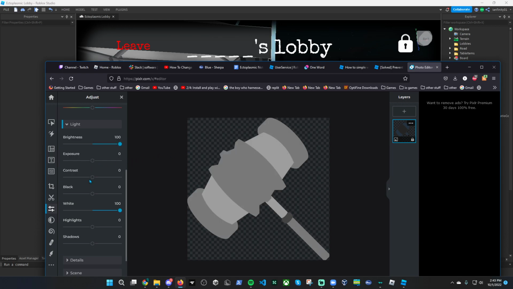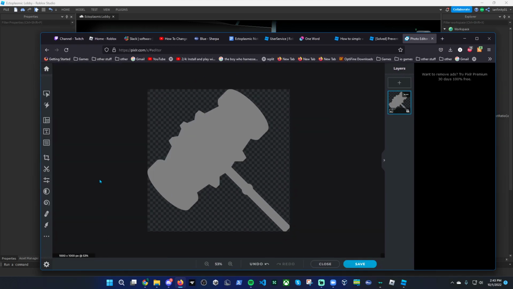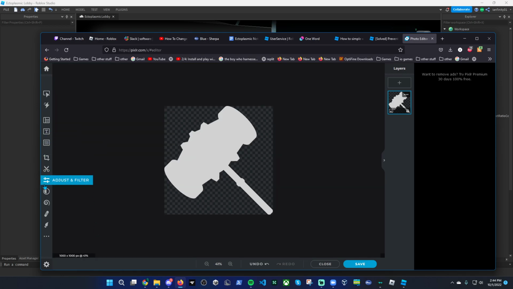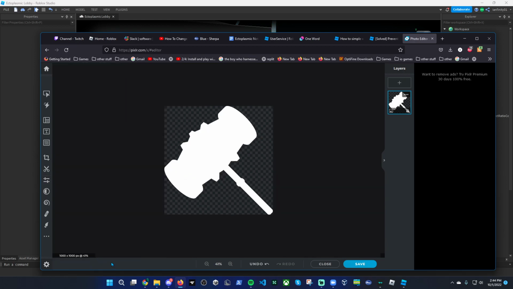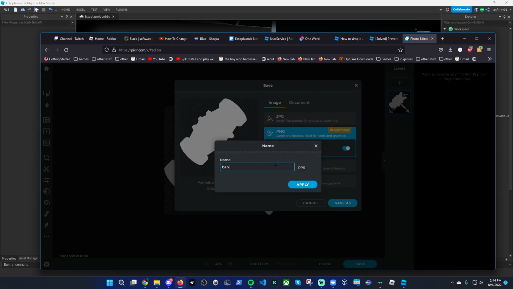That's not... Okay, I can just do this in 2 steps, I guess. Okay, that's probably perfectly white, or at least good enough. I'll save that, ban hammer,